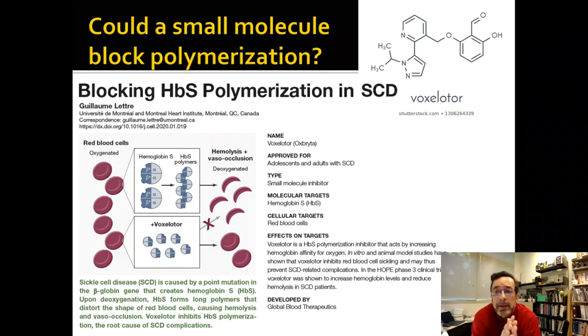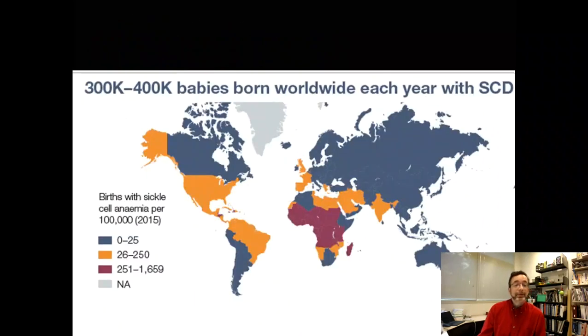They came up with this drug, voxelotor, or however you say it, and it actually is approved for sickle cell disease patients. This is a drug company that made it. And I don't want to say too much about it, just that one company at least is working on this. But I wouldn't be surprised if it didn't work that great, because you've got one little drug, you've got this big interface, and you've got this really tight interaction. Maybe there's a limit to what we can do with drugs, but there are other ways we can go after this.